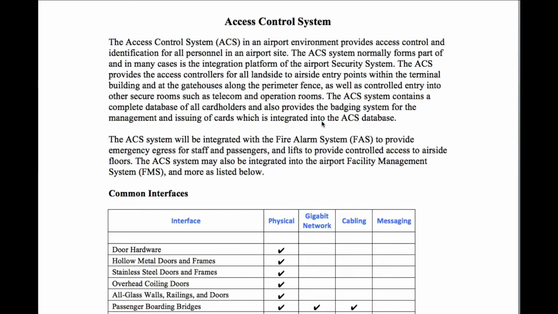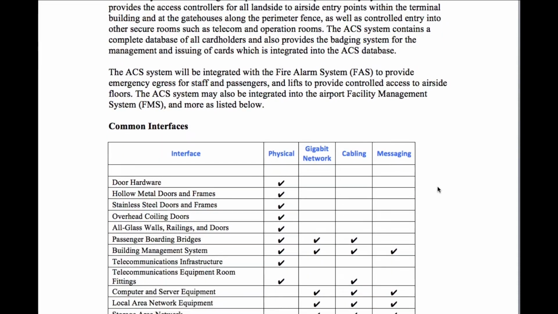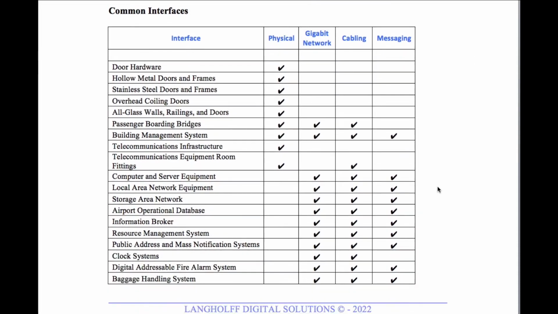But as you can see, there's quite a bit of interfacing going on with the access control system. I'll leave it to you to read this bit here. You can pause the video and read it if you'd like. But let's go into the common interfaces.